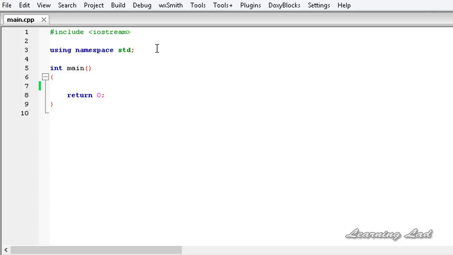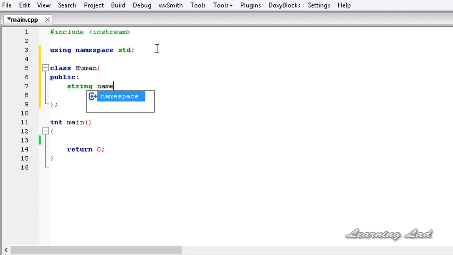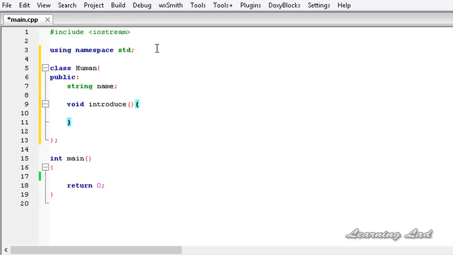So here, just for demonstration purposes, we're gonna create a class before our main function. It's gonna be class human, and a pair of curly braces, and between those curly braces we need to write the properties and methods of a class. So first we're gonna write the access specifier, so it's gonna be public, and then let's create a property, let's call it name, and let's create a function called introduce, which we have done in the previous tutorials, the same thing. So this introduce is not going to take any parameters and also not going to return any values,